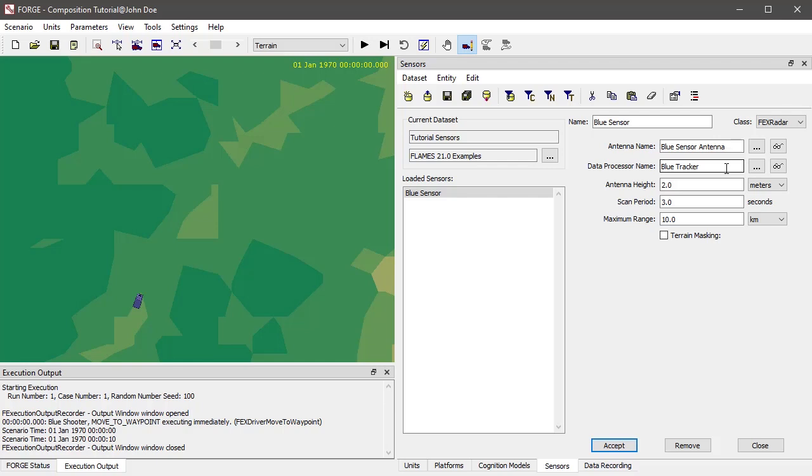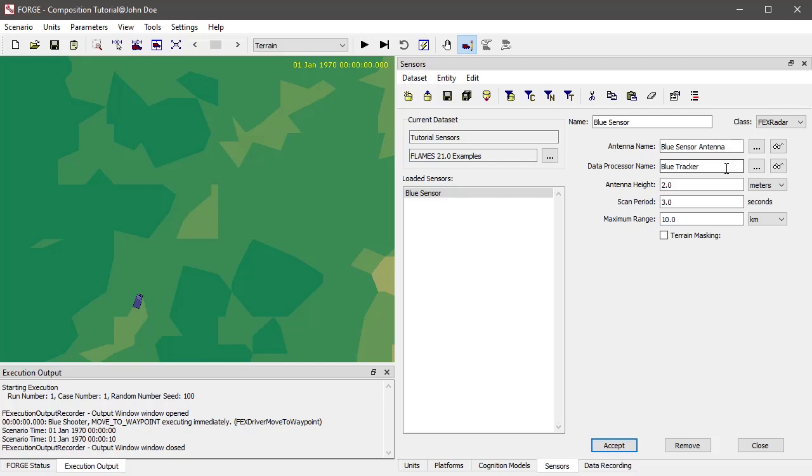If you have an imaging sensor that a human looks at directly, you don't necessarily have a tracker. You could if you had it, but if it's a set of night vision goggles, the human brain is the tracker, so you wouldn't necessarily have a data processor. But this is intended to simulate a radar. So radars